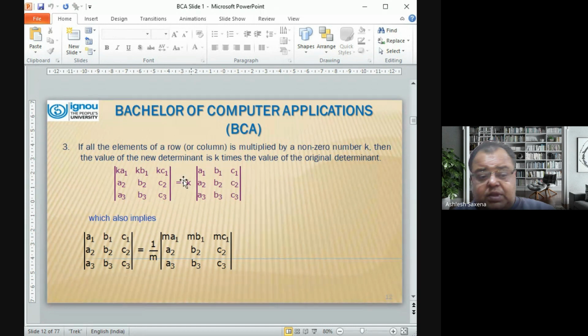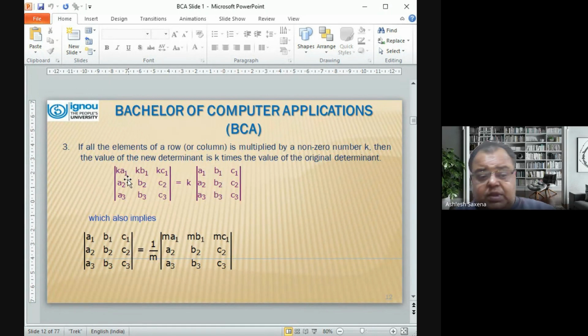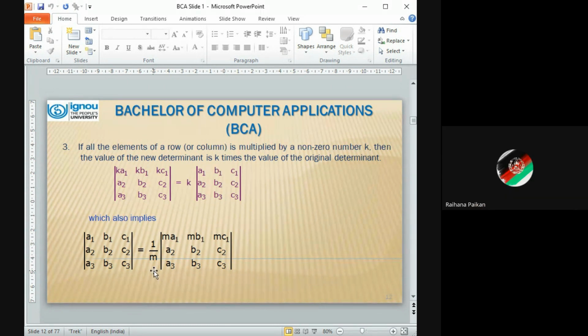Suppose the value here was 6 into 4, 24, and your number was k. K is 4. So this will be 4. Here also,